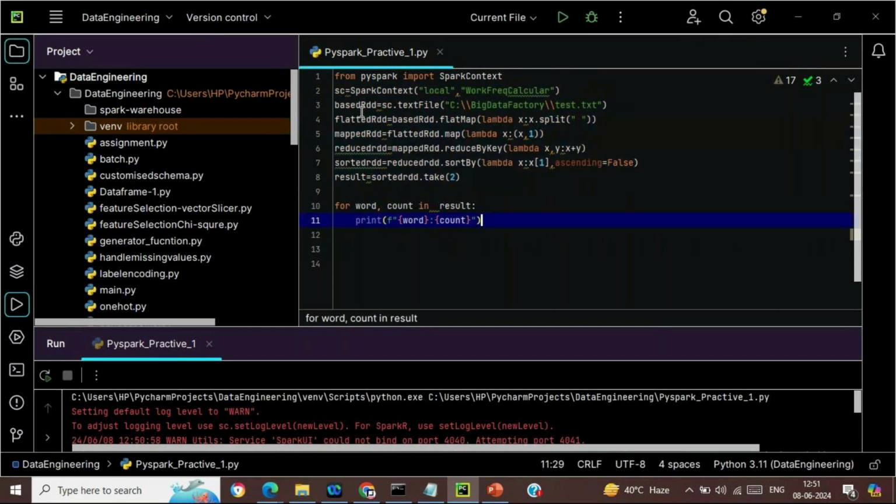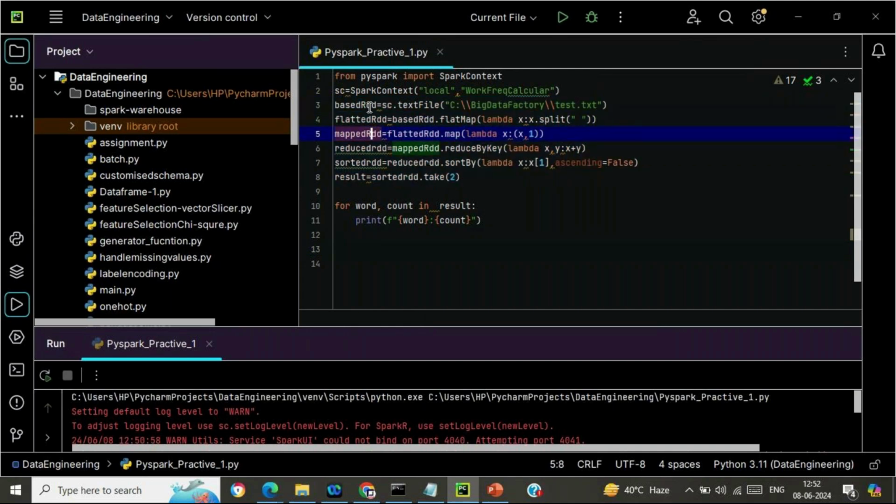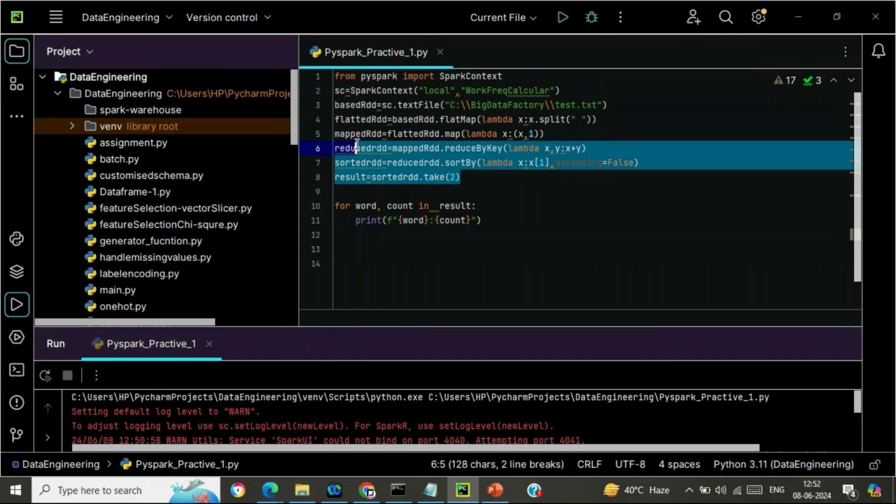You are able to get the base RDD generated after performing this operation, the flattened RDD from this operation, and the mapped RDD from this operation. But how will we do this in one line? Say this is the base RDD, and what I can do